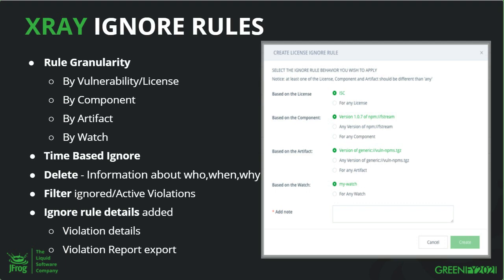And the last scope is either to ignore it only in the scope of that watch that created this violation, or maybe to extend it to any watch, which means on all my organization, all my system. I will have to define a reason why I'm ignoring it. And with that new ignore rule granularity, we also started saving the ignored violations, so you can view them,